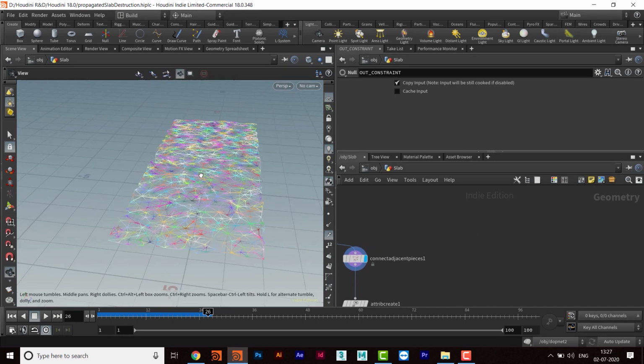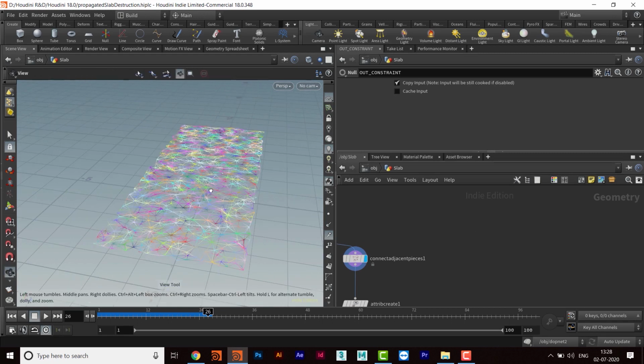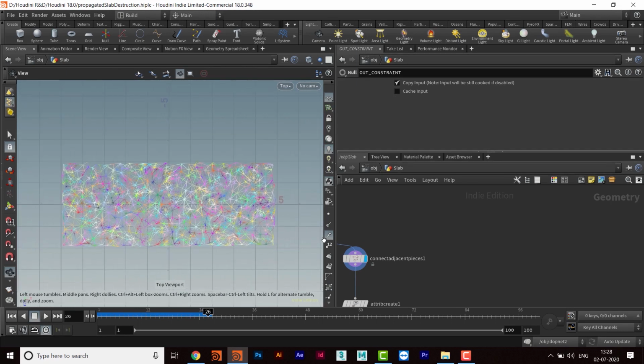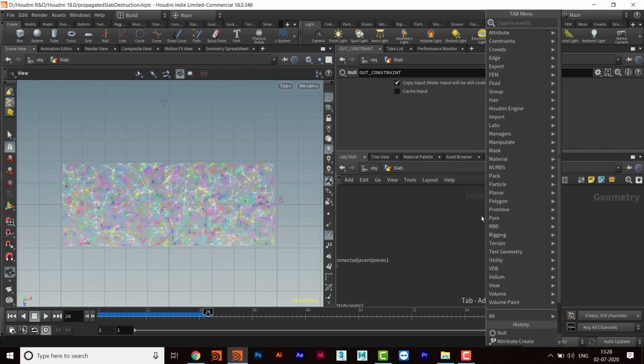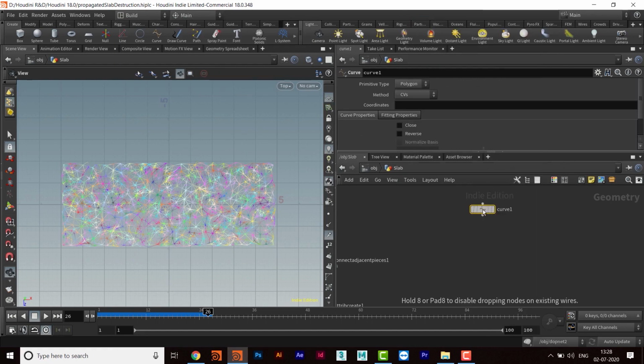So for that, what I'm going to do, I will press escape, and then I'll press 2, then go in the top view, and I'm going to create a curve. So I will take a curve node for that, and then I will create the curve.